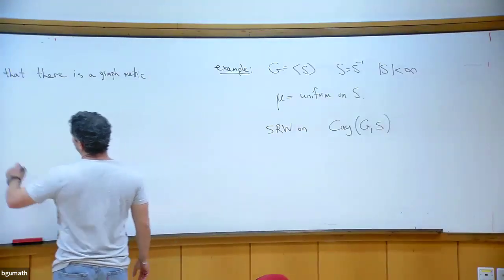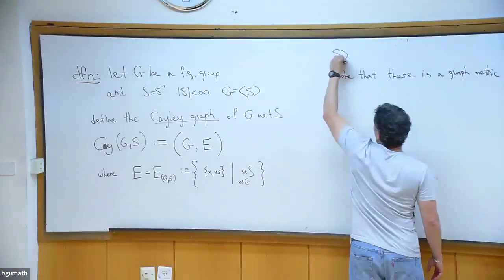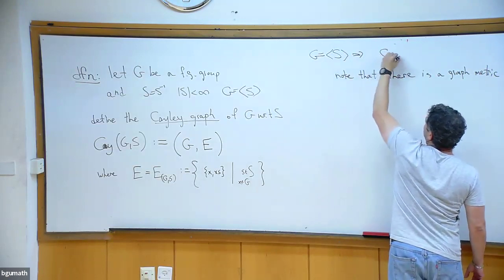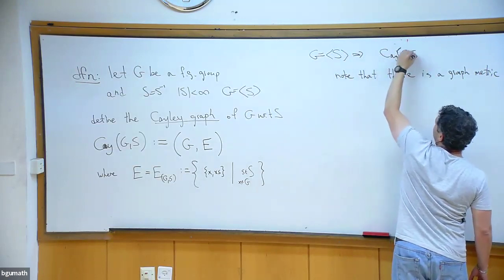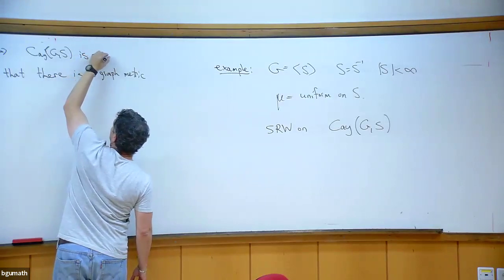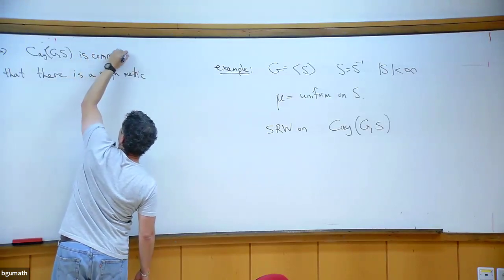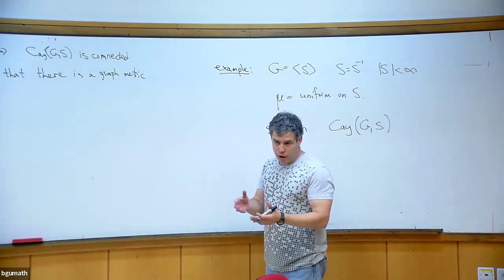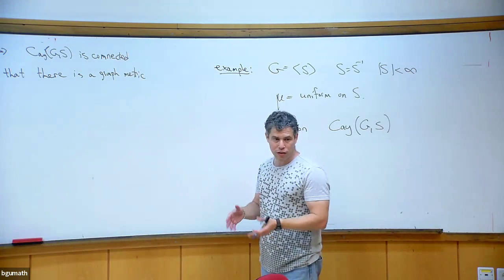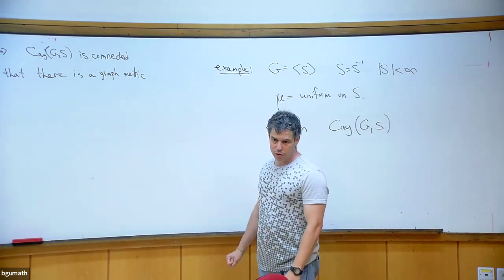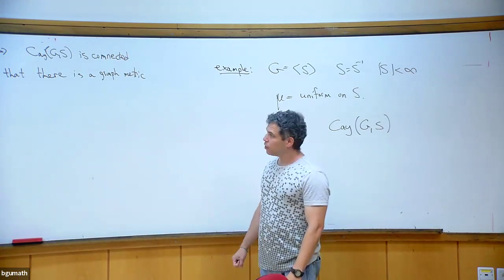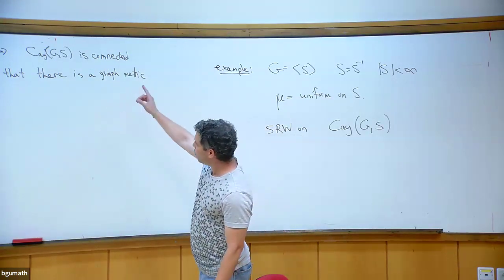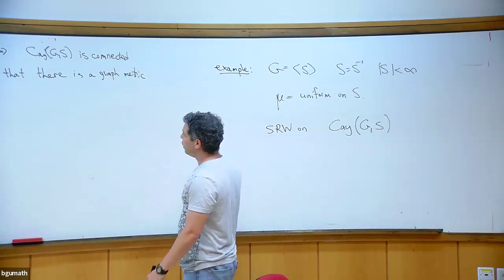And maybe we should write that. So S generating G implies that the Cayley graph is connected, which is the same notion of connectedness as a network. When we view it as a network, the conductances are one. It's exactly the same thing. A network with one conductance is a graph, right? So you can think of it as a network. It's the same notion of connectedness. Okay, so the fact that S generates means that the Cayley graph is connected, and note that there is a graph metric,